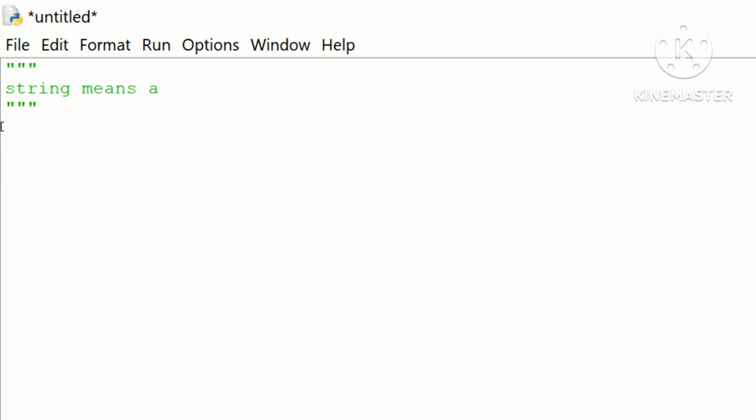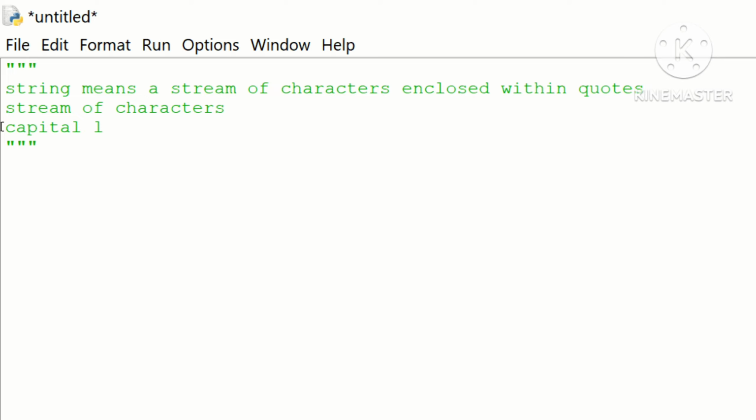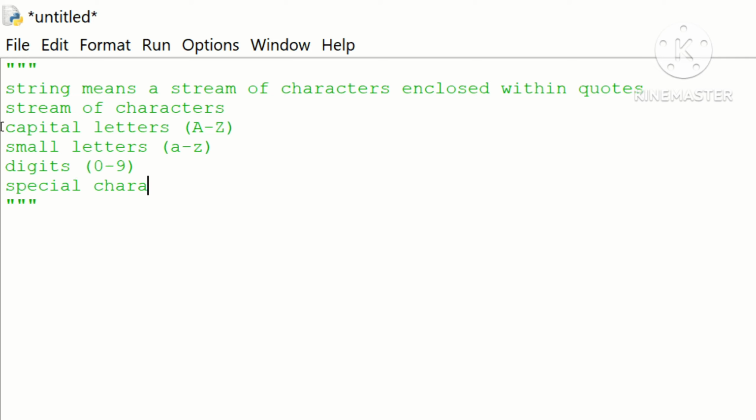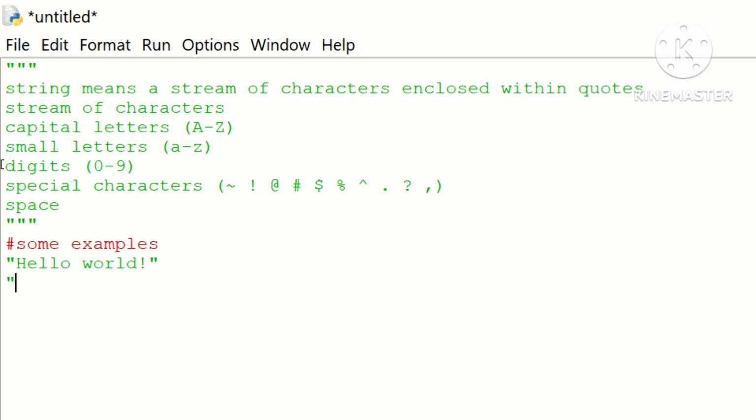String means a stream of characters enclosed within quotes. Stream of characters like capital letters from A to Z, small letters from a to z, digits from 0 to 9, special characters like tilde, exclamation mark, at the rate, hash, dollar, percentage, bitwise, period, question mark, comma, and space. Some examples are "hello world", "some at the rate example.com",